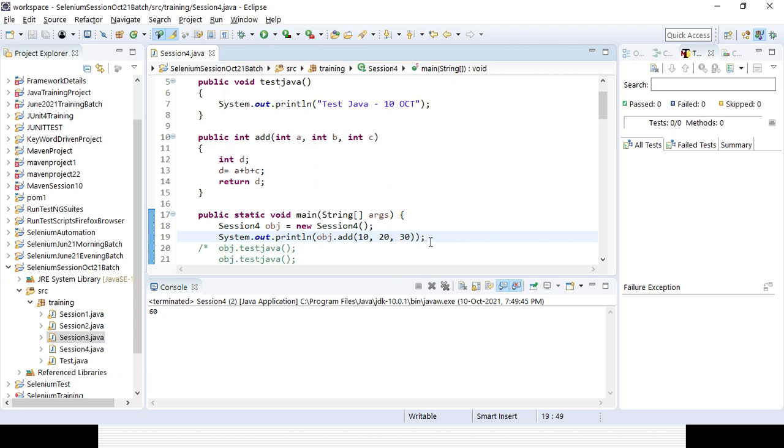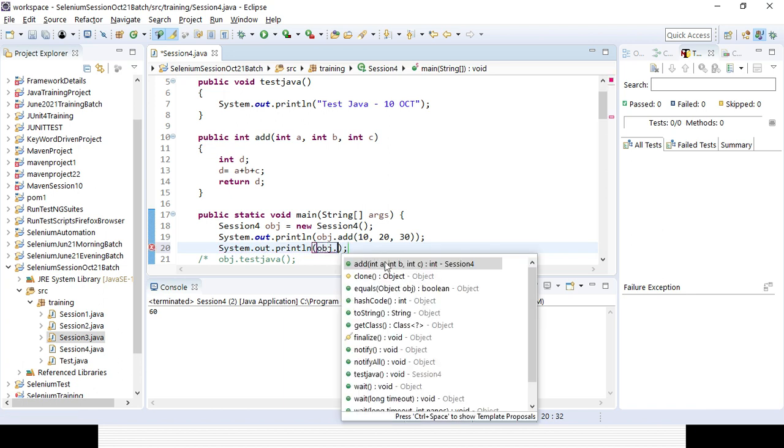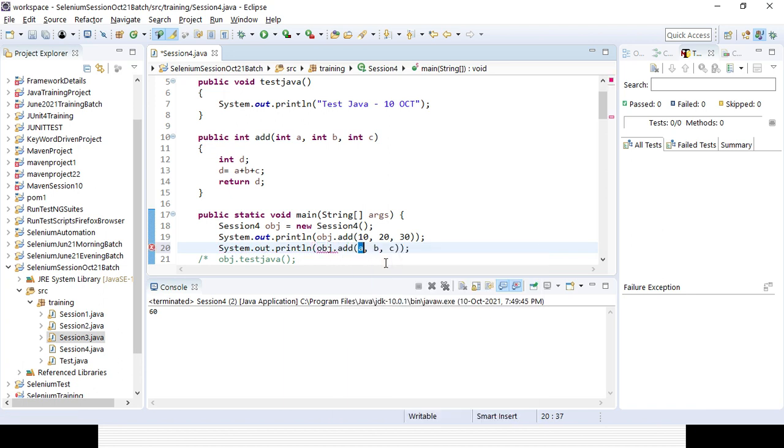Next time you can call the same method and pass different values. So here I will use obj dot add, and I can pass three different values: one can be 0, another 5, another 100. But you cannot change the data type.